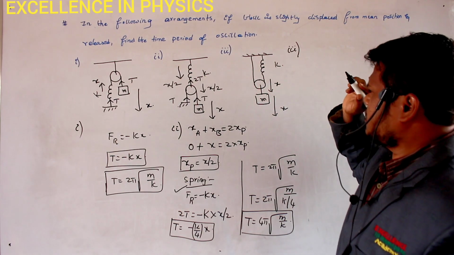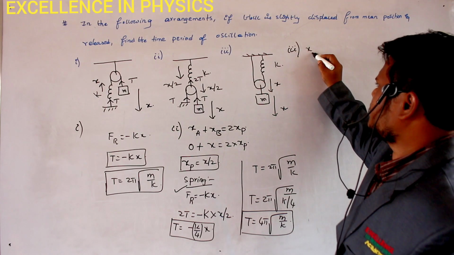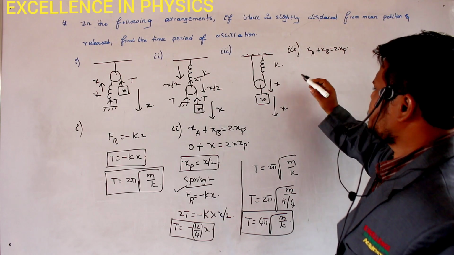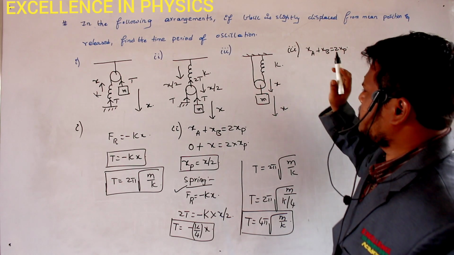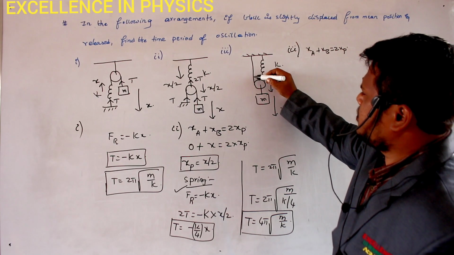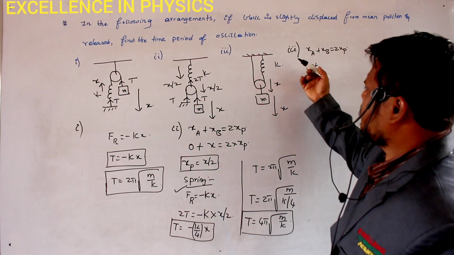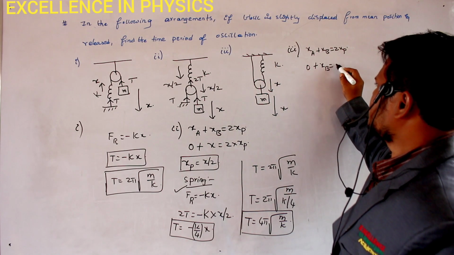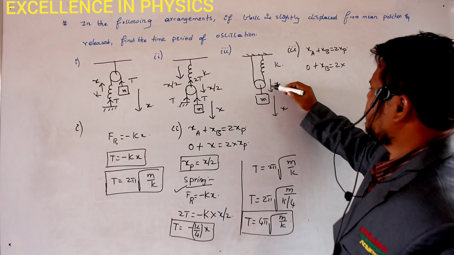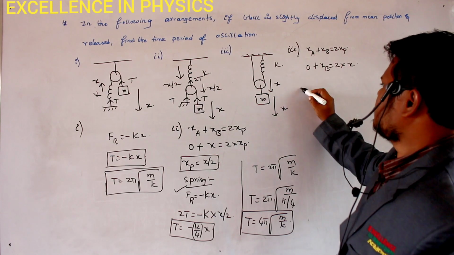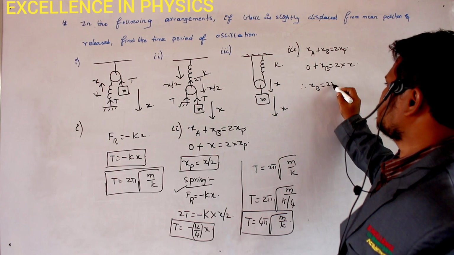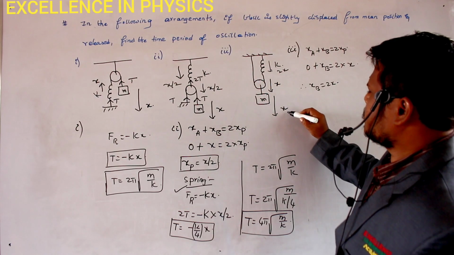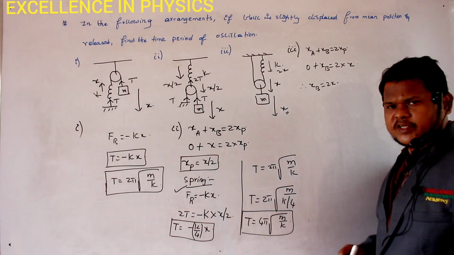So that spring elongation I can calculate again by using the constraint relations. So xa plus xb is equal to 2xp. Now for this pulley, this is block A and this is block B. So this displacement is 0. And what is the displacement of block B? This is block B. The spring is nothing but block B. I don't know, so let it be xb. So it is equal to 2 times the displacement of the pulley. The pulley has gone down by x. So xb is how much? 2x. It means this spring will be elongated by 2x if this block goes down by a distance of x. That is the meaning of this.